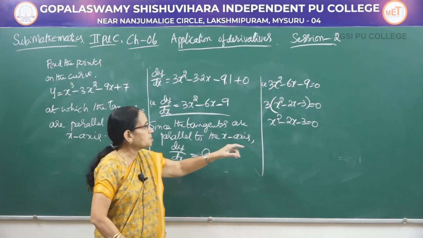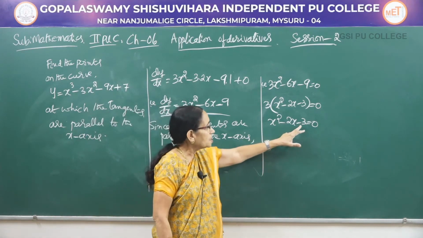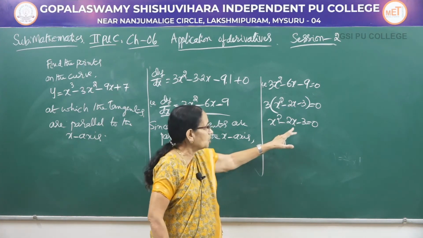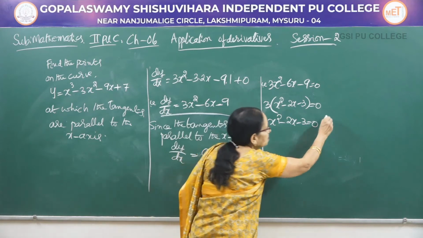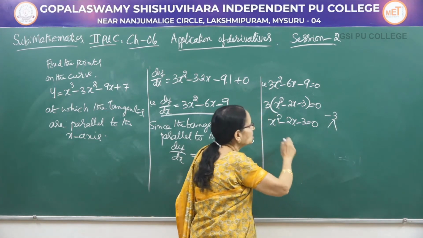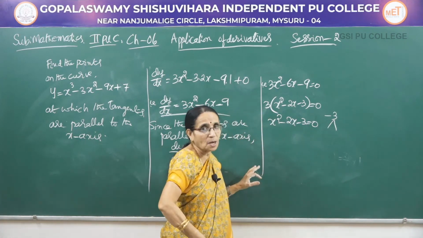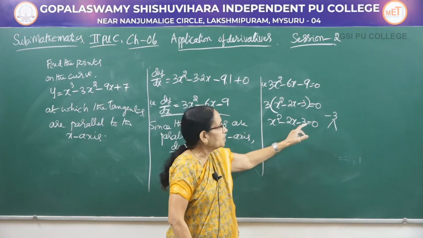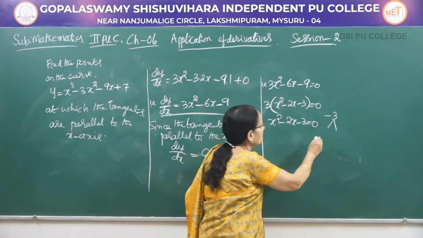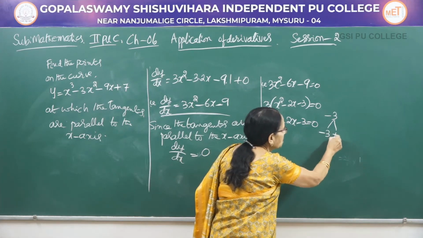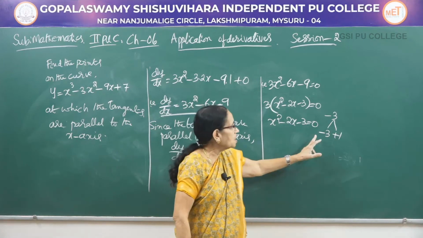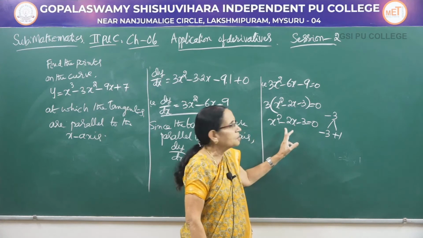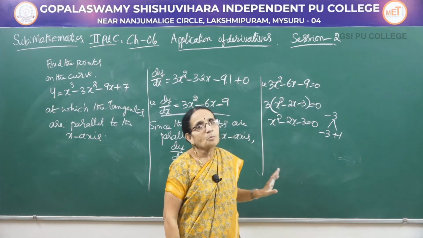Factorization means the procedure is we see this number, the product of this and this we take, here it is 1 of course. So it is minus 3. You have to split the middle number in such a way that the product would become minus 3 and the sum would be minus 2. So the number minus 3 has to be split like this. It is minus 3 plus 1. You observe here, minus 3 into plus 1 is minus 3. Minus 3 plus 1 is minus 2. So this will satisfy both the conditions.